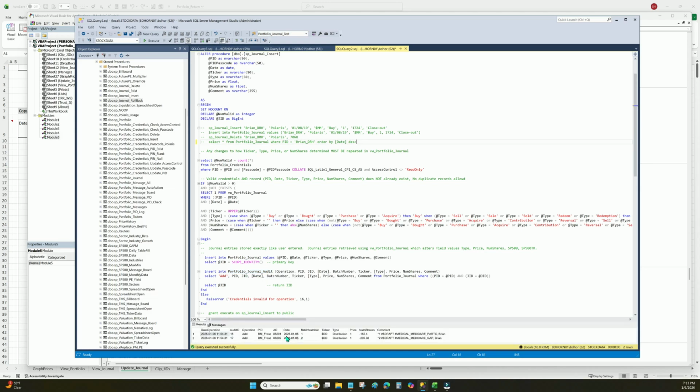Bottom here shows a snippet of the portfolio journal audit table. Each row in the table contains a date, the batch number, the ticker, the type, price, number of shares, and comment, pretty much the journal entry itself. It also includes the operation, add or delete, an audit ID, and then the date that the add or delete